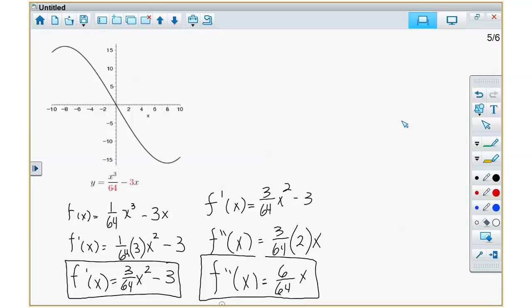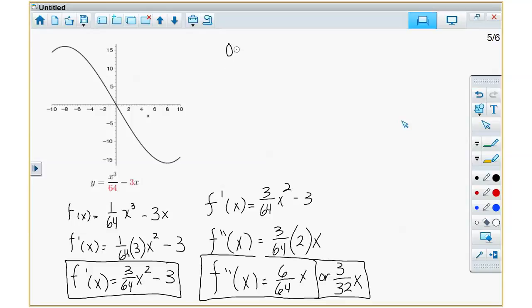You can't reduce 364, but you can reduce 664 to 3/32 or something like that. Yeah. So at that point, I'm really not concerned because you're setting it equal to 0. You're using the derivative, so it doesn't really matter. So you set that equal to 0, and we're going to have to